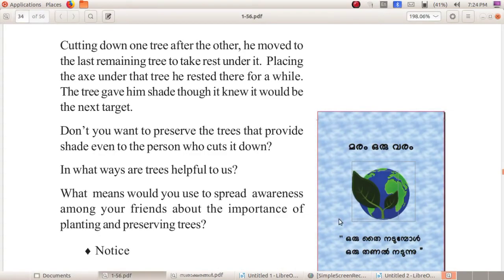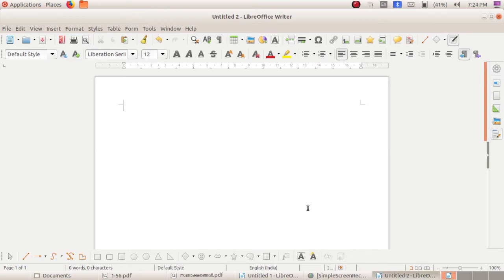So how could it be possible to type the Malayalam letters? Is it possible in Ubuntu? Yes, it is very easy to change from English language to Malayalam language. Go to the top panel. This is the top panel of our computer screen.